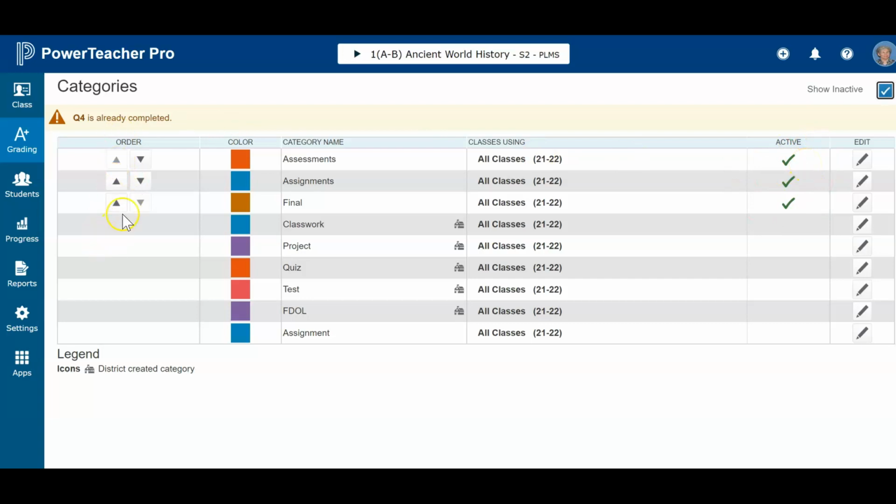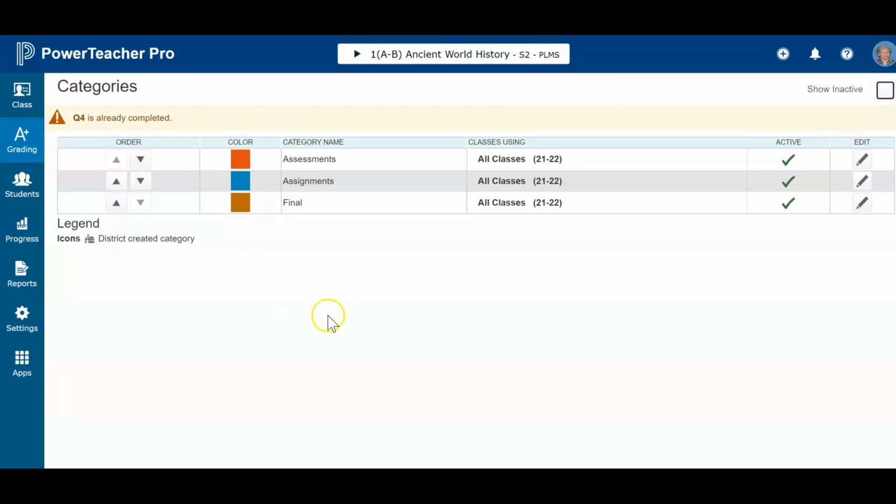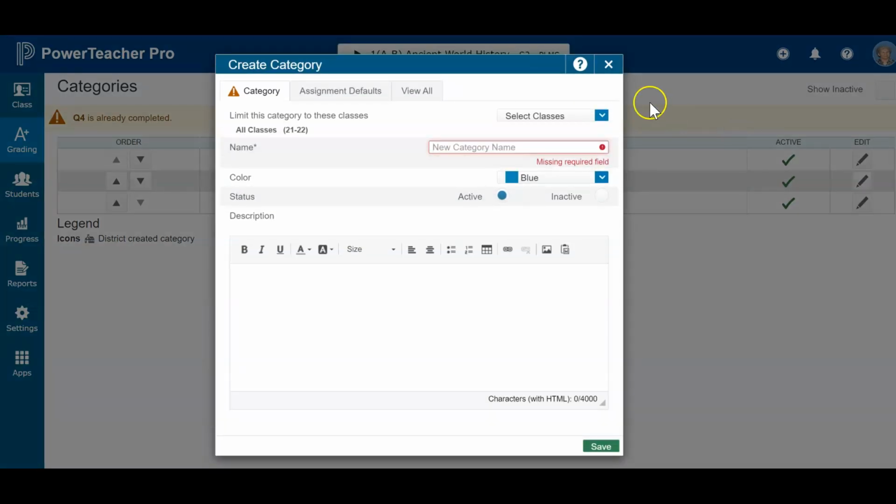I can change the order of them too if I look over here. So I'm going to uncheck this box, and these are the categories I'm using. So now let's go back up here to add a category. Let's say you don't like any of those 5 categories that PowerTeacher gives you. You can add a new category here, and we'll just call it